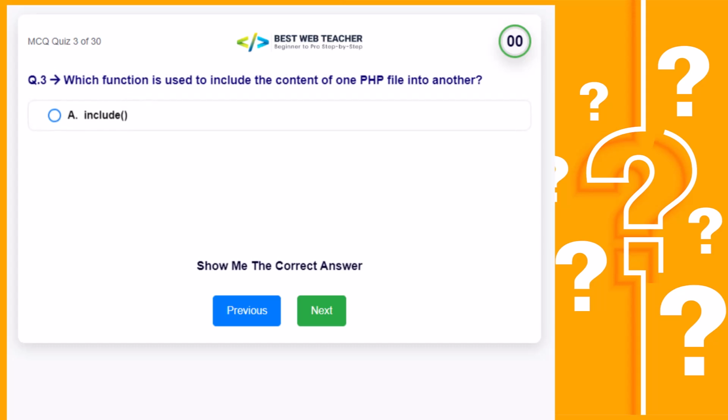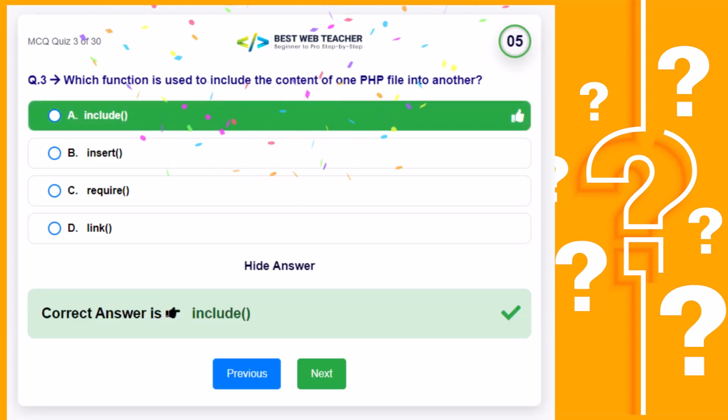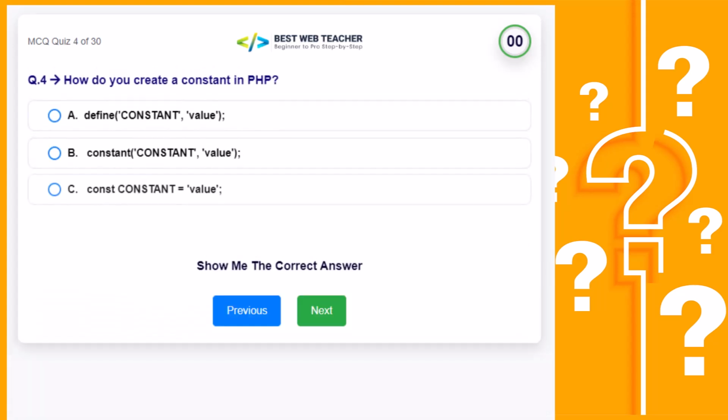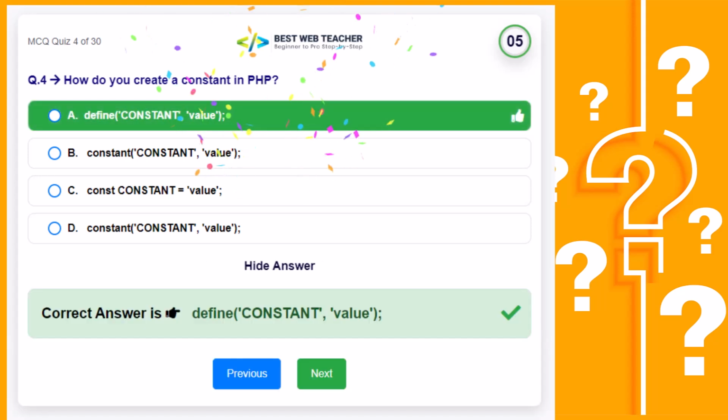Which function is used to include the content of one PHP file into another? Correct answer is How do you create a constant in PHP? Correct answer is